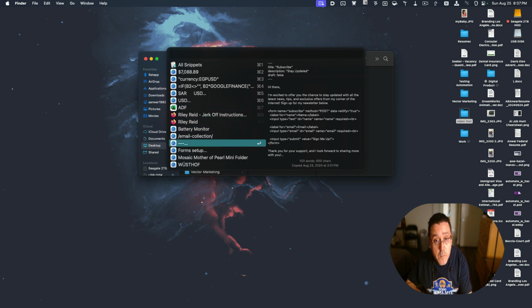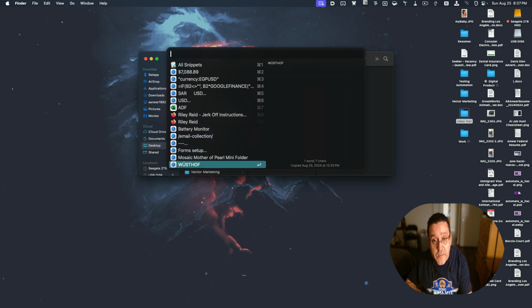Here, the Wusthof, the name of the knife that I'm thinking about buying, the knife set that I'm thinking about buying, or want to buy, or whatever. So here's the name. I want to save it in a text file. So what I do is